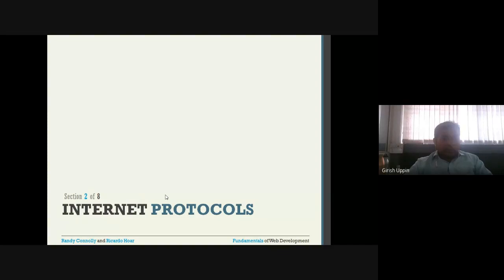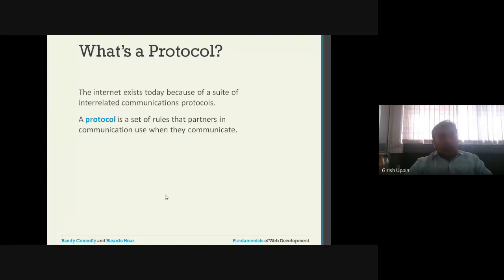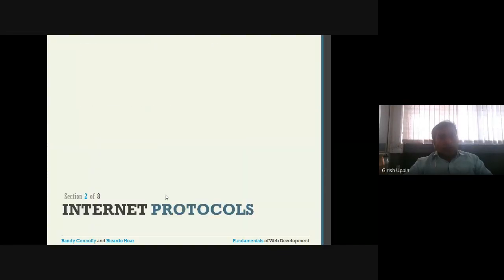There are certain internet protocols that govern how information flows when we make a request on the browser side: when we give the URL and the browser makes a request, how it goes through the different protocols, how it reaches the server, and how the response is given back. To understand that, we will study the different internet protocols, so that we will cover in the next class.